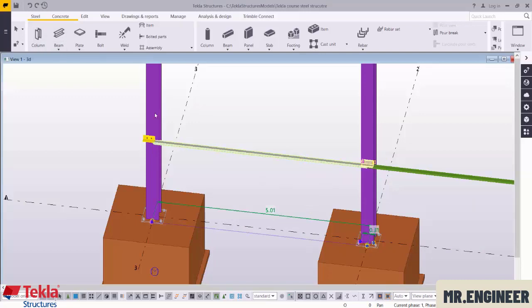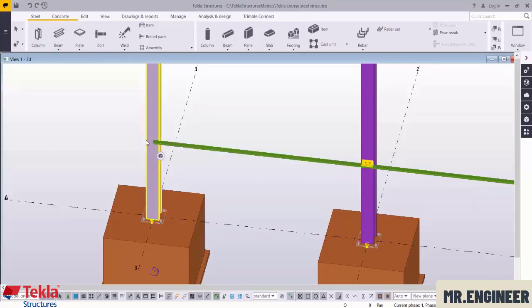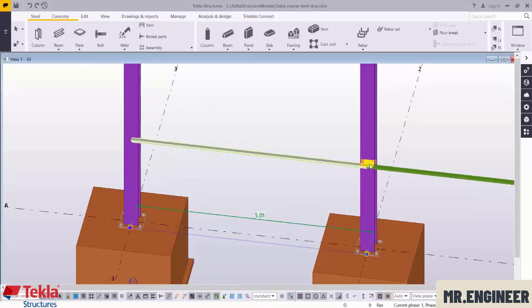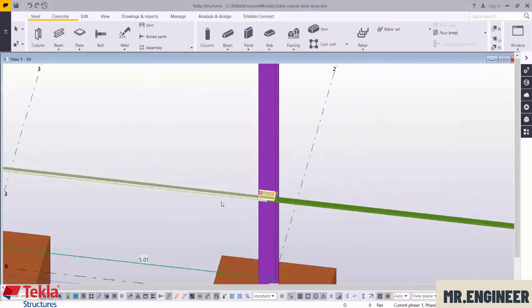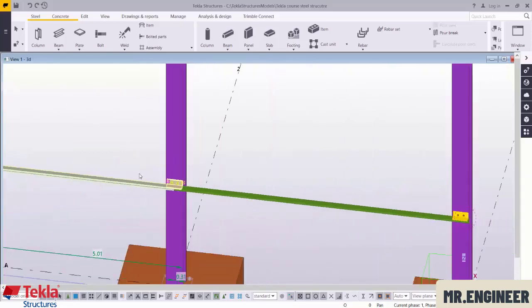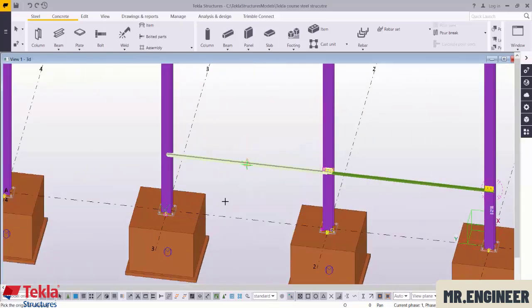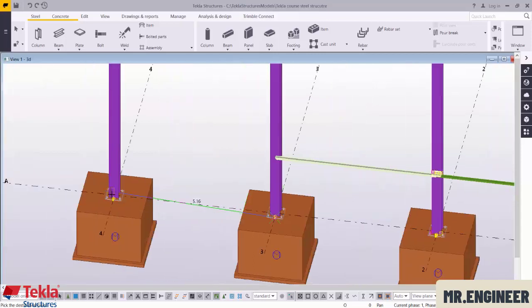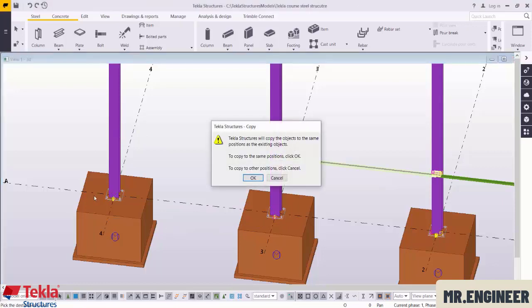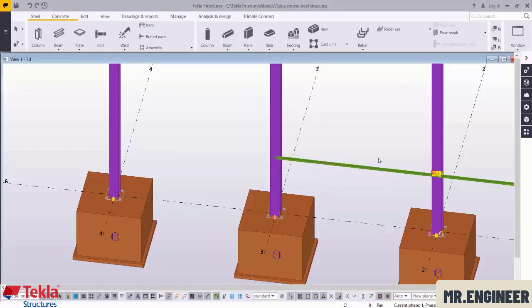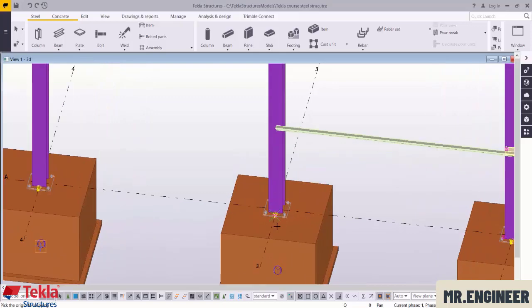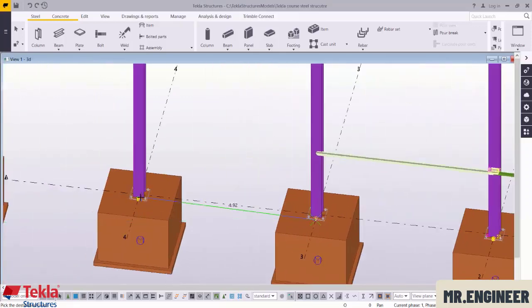Okay, delete this connection, so we select this and this, and right click, copy from here to here. Right click, copy, okay,